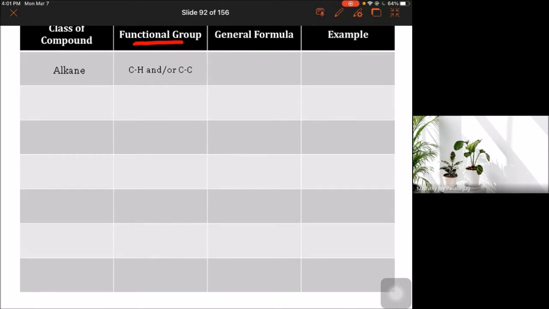Okay? And with regards to the fourth column, you don't have to learn about it for this moment, for this part of our discussion, because we have a separate